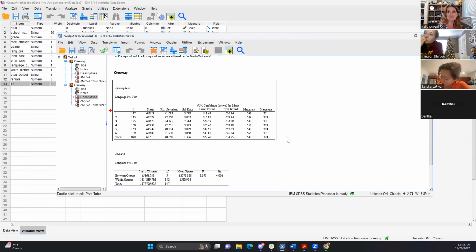So I'm really curious now as to what is the performance of year 5 students that took ESL pre and post versus what is the performance of the year 5 students that took the dual language model pre and post? And again, now I'm going back to comparing what those two different programs had as far as a factor.